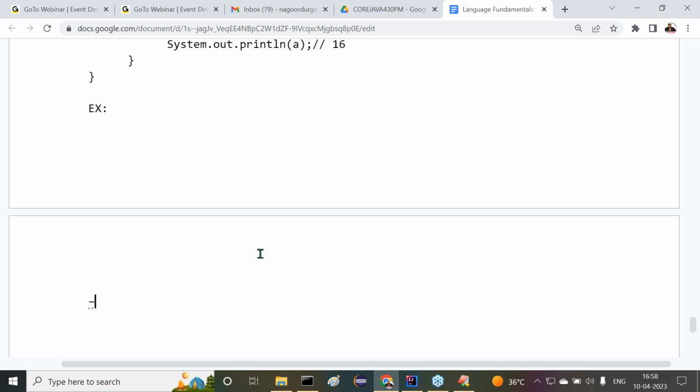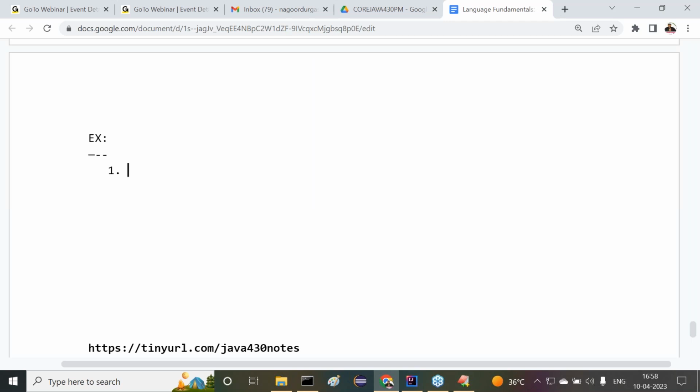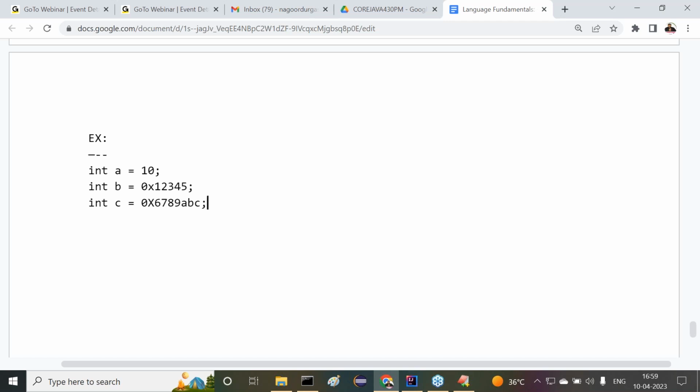Some other examples I'm telling you, try to give valid and invalid cases about this. So this one, first of all, now tell me: int A = 10; int B = 0x12345; int C = 0X6789ABC; int D = 0xDEFG;